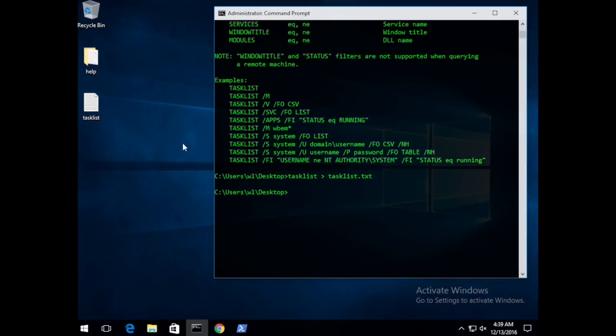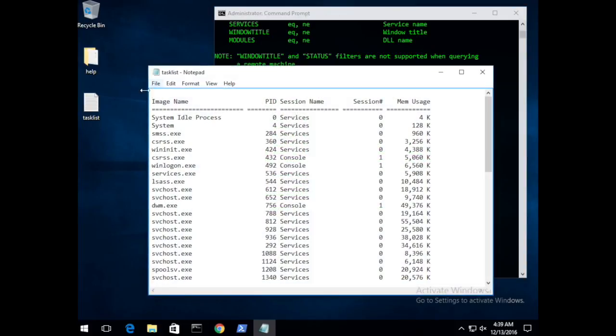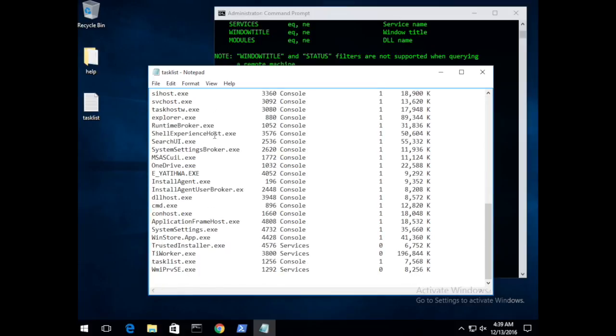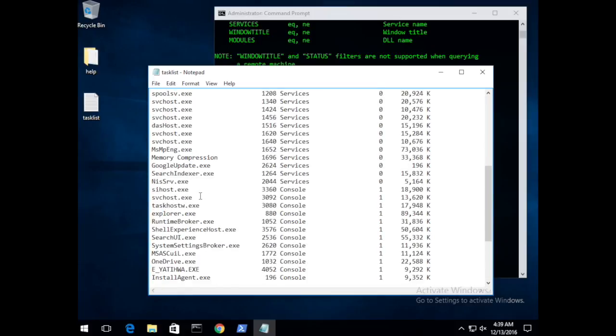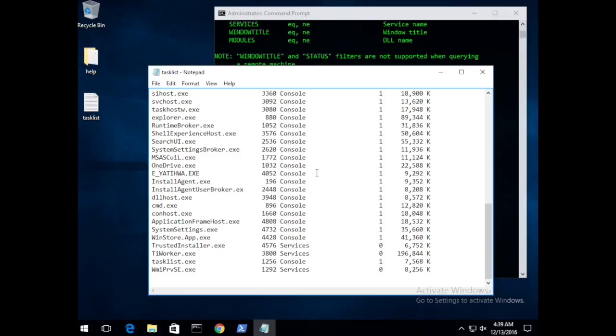Nothing happens here, but you can see tasklist shows up here. Now let's see what's in that tasklist.txt, enter, and this is the contents of the file. It's a little easier to use,